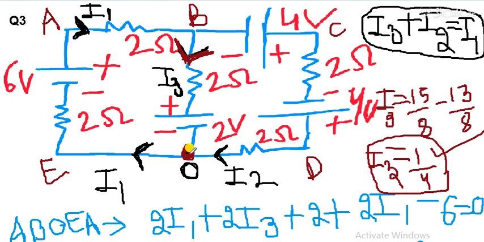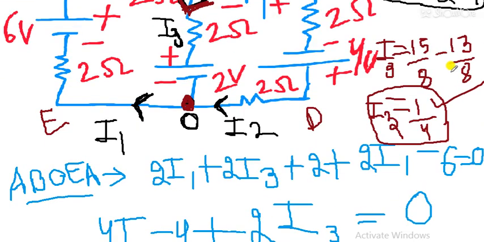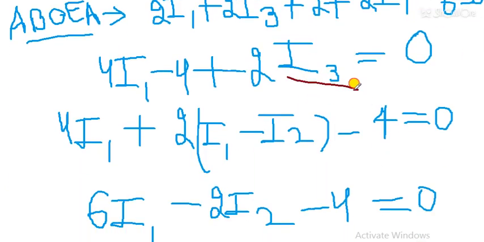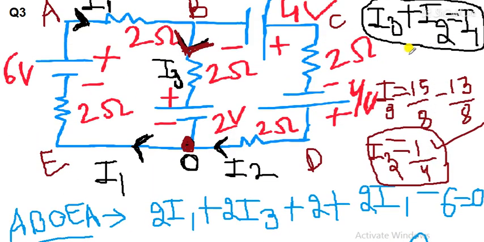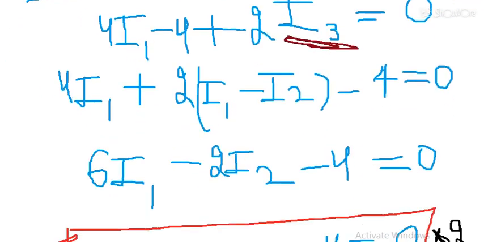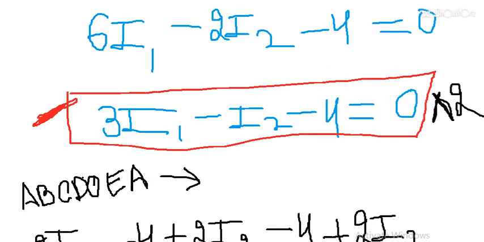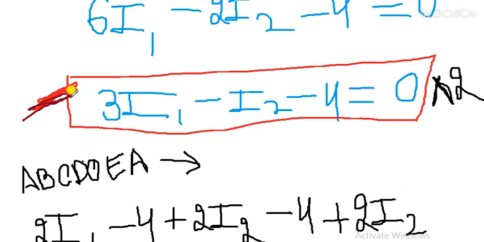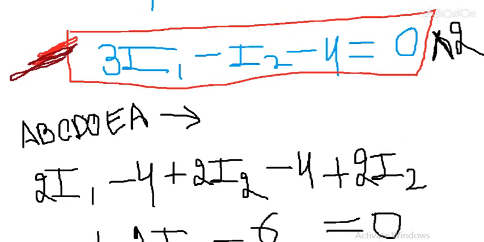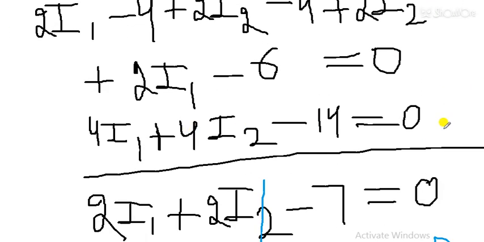So that means I3 plus I2 is equal to I1. After that I have taken the closed path A, B, O, E, A. Then the equation of A, B, O, E, A is this one. After solving it, this one. Then I have taken the value of I3 in terms of I1 and I2 from the KCL's law that was written here. Then I got this equation, then I got this equation, and then I take the outermost loop, that is A, B, C, D, O, E, A. You can check the loop in question. Then the equation comes out to be this one.